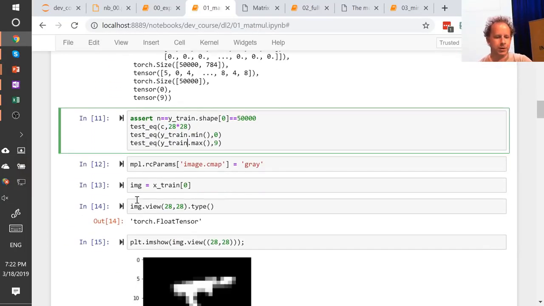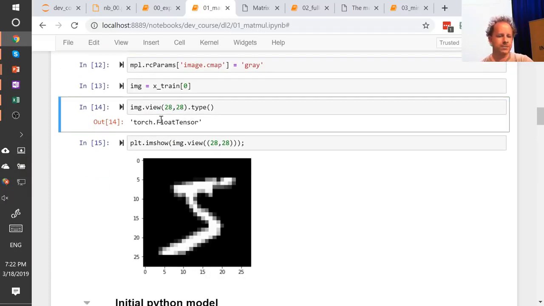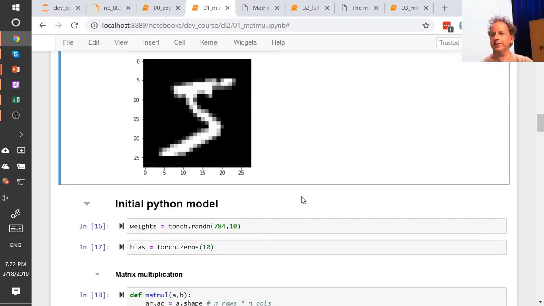So now we can plot it. We've got a float tensor, and we pass that to imshow after casting it to a 28 by 28. .view is really important. I think we saw it a few times in part 1, but get very familiar with it. This is how we reshape our 784 long vector into a 28 by 28 matrix that's suitable for plotting. Okay, so there's our data, and let's start by creating a simple